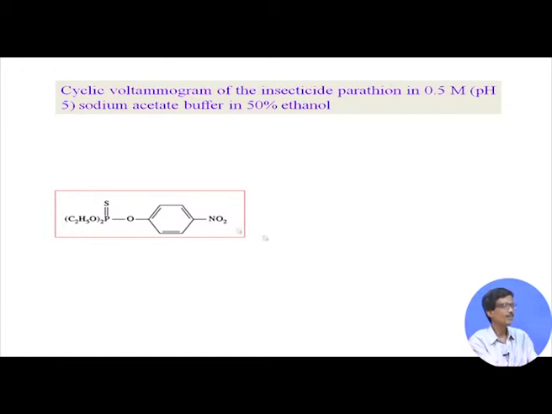So, this is a typical organic compound, a nitro substituted one, because this part is your nitrobenzene part, and the nitrobenzene part is attached to a phosphate ester. This phosphate ester has some oxygen and sulfur, not double oxygen or double sulfur, and these are from the corresponding ethoxide unit, that means it is coming from the corresponding alcohol groups. So, if you have the corresponding alcohol groups, it is not a very complicated process of making this molecule also.